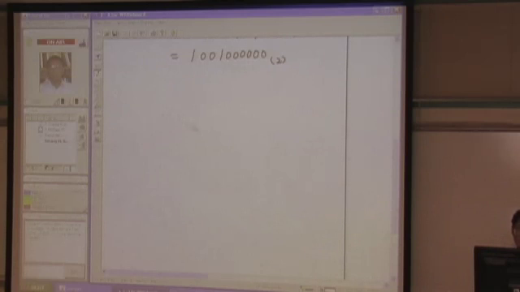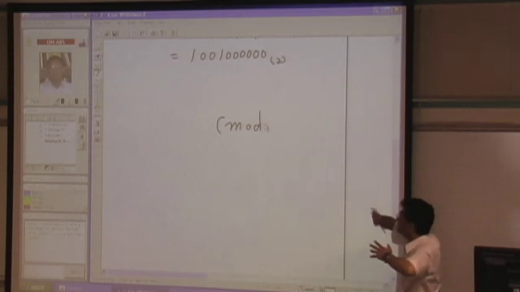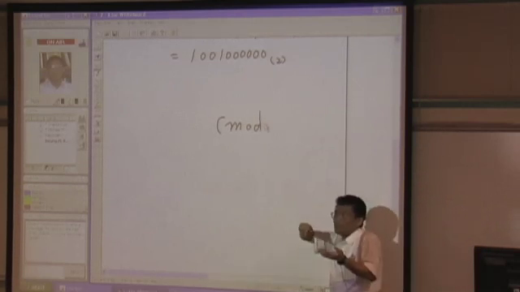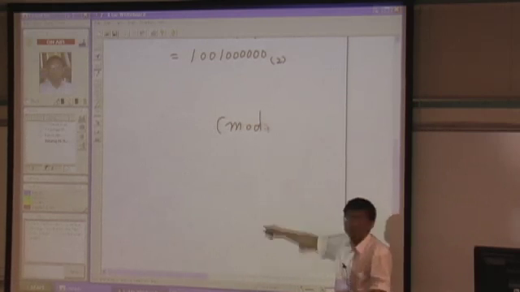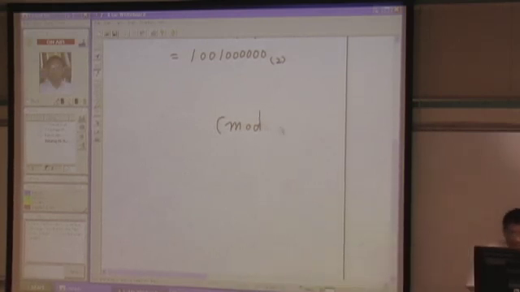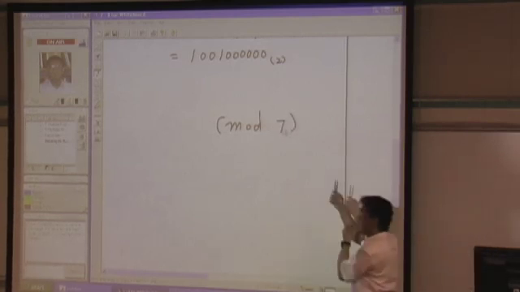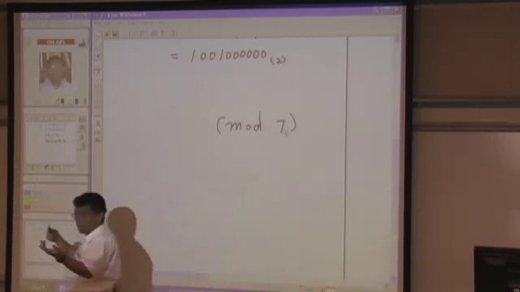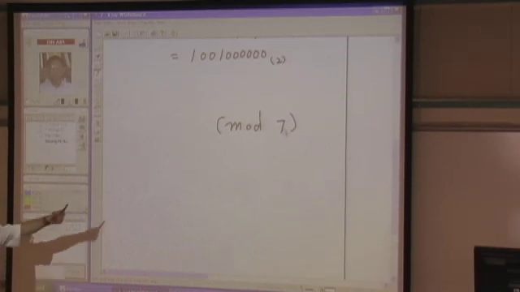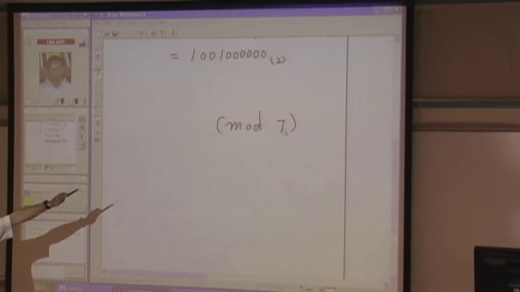But if we do not limit by mod, then the number will explode, right? So for instance, if you multiply 100 times, then it will become too large. So I will use mod, like mod 7 might be moderate, right? It's not limited, but in our hand calculation, mod 7 is very moderate. Do you follow me? In reality, like in a 1 kilobit security system, we use mod some number between 0 and